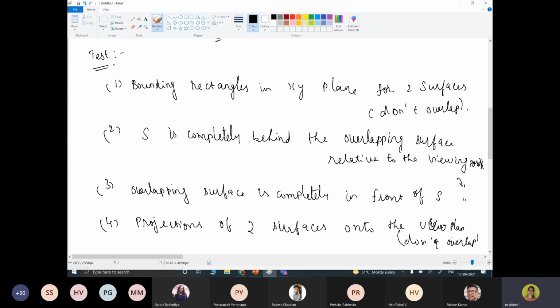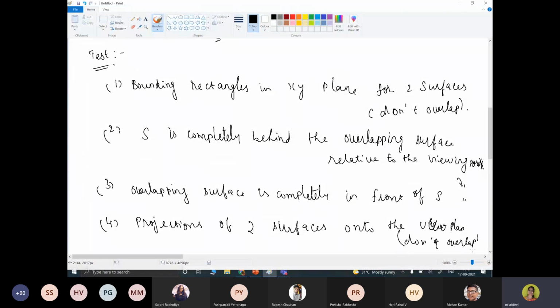So test 1. Test 1 is: the bounding rectangles in XY plane for 2 surfaces don't overlap each other. How are we going to perform this test? As it says, with respect to the XY plane, first we check whether an overlap is there in the X direction.